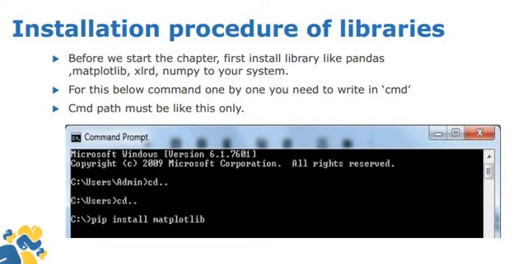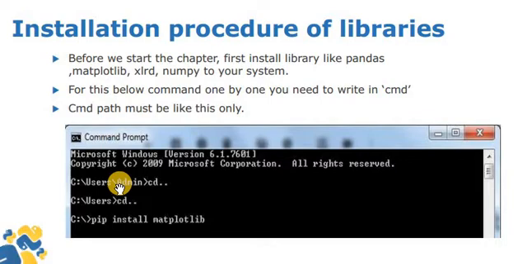If we want to install matplotlib, we do it the same way as pandas. You go into the path in which you have installed Python, and by using the pip command we install matplotlib.